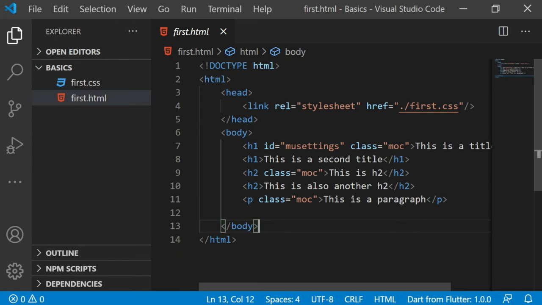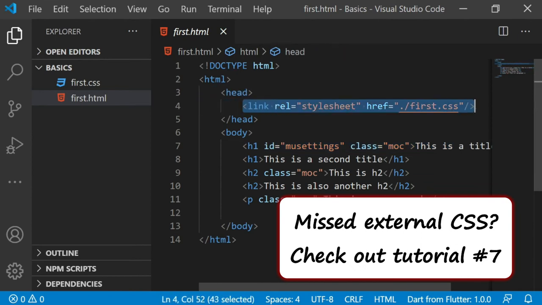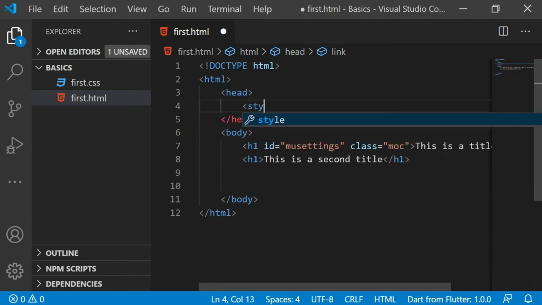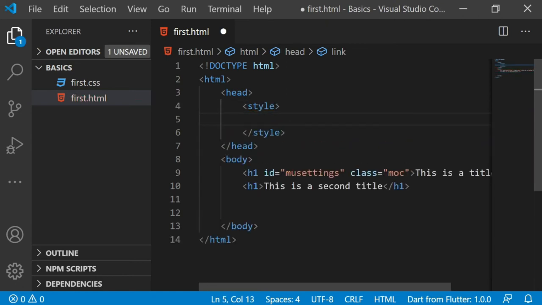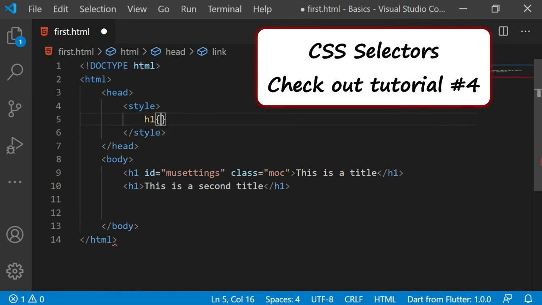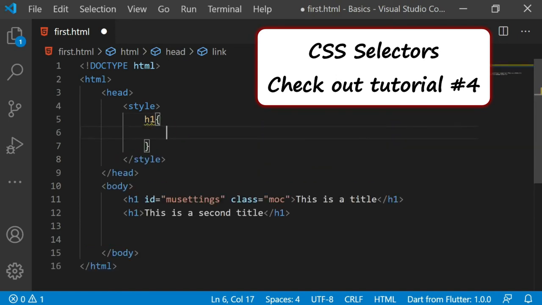Let's go to the code. Now for this H1, I want to give some formatting. We tried the external CSS in the previous session, but now we do not want that. Let's say for both the H1s, I want to give some formatting. So here only I am giving the style, that is the inline style, so you can see this in a single page, which is easy to understand. I am giving the element selector. Now you know what selectors are.